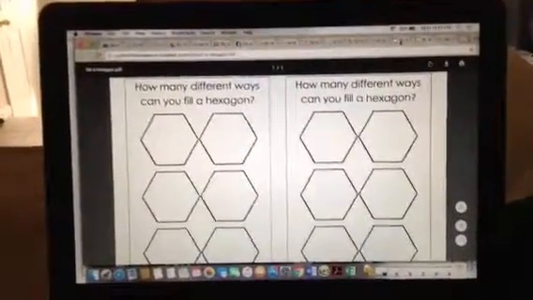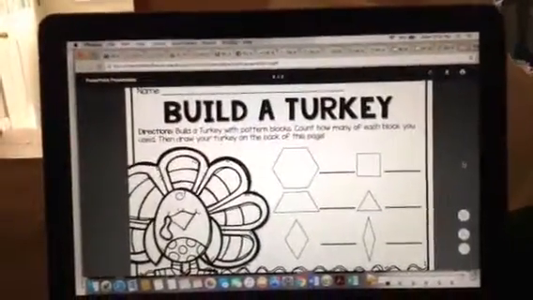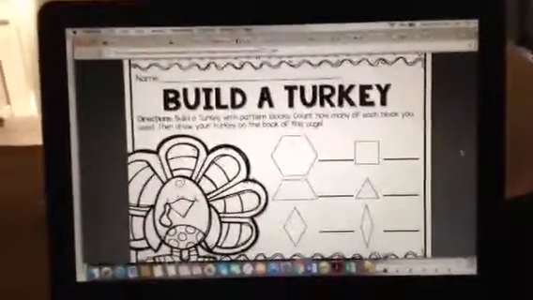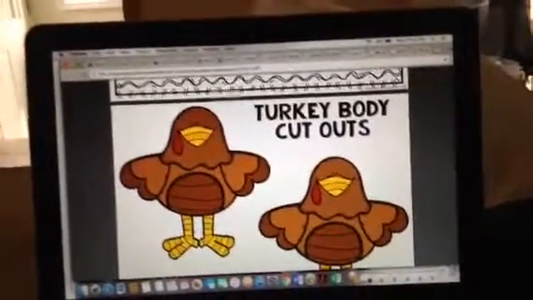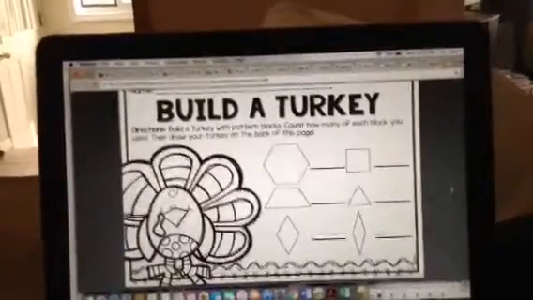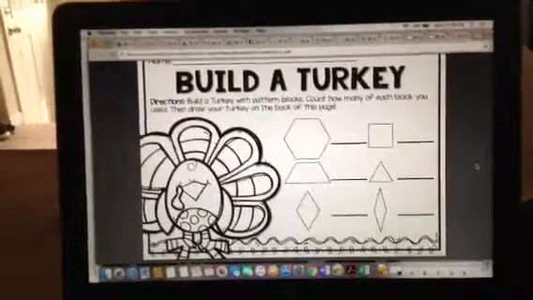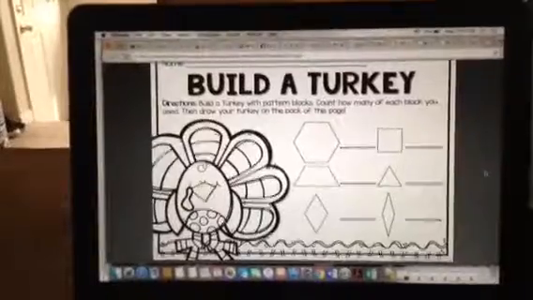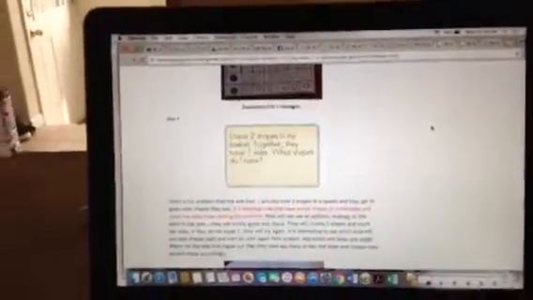And then I have another activity, this build a turkey, and this would be more from the measurement and data side. I would give them a base turkey, and then they would build the feathers of the turkey using the different shapes, and however many shapes they had, they would then write it down. I wouldn't tell them what they had to have or what they didn't have to have. It would just be an exploration type thing. So that would be another one for measurement and data, and then even another one, this is more of the algebraic thinking, but